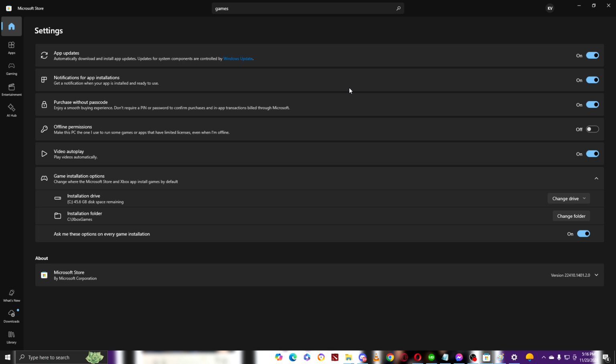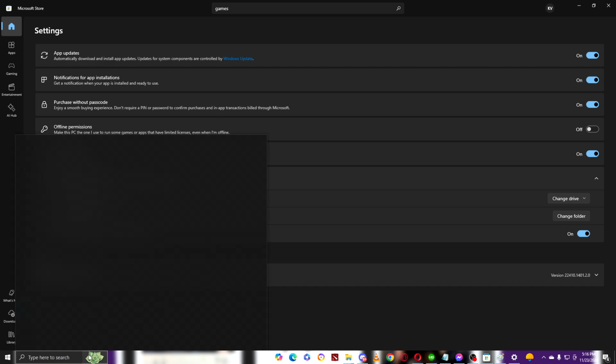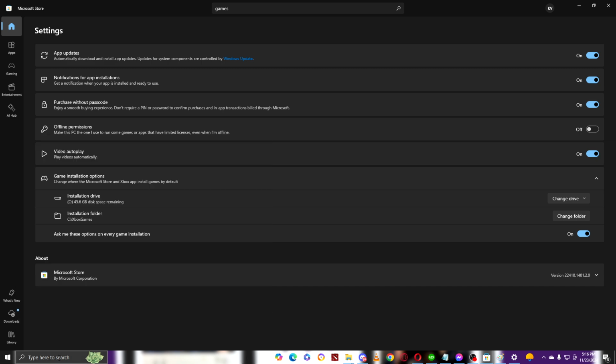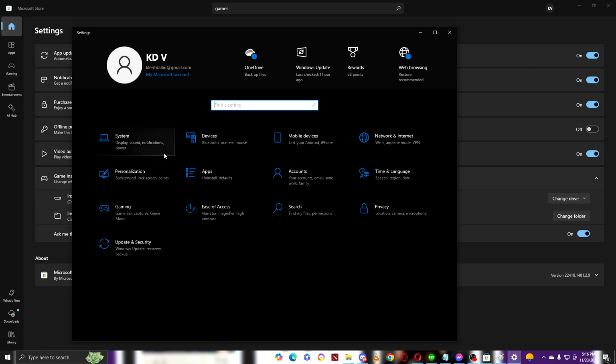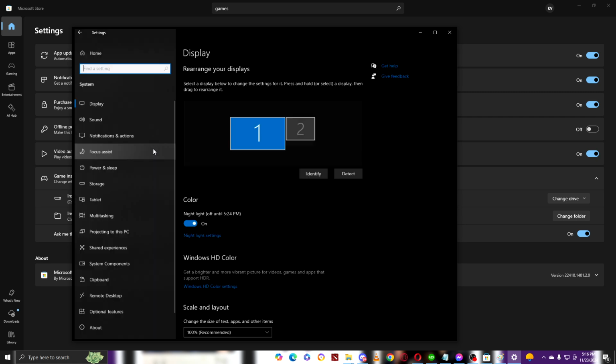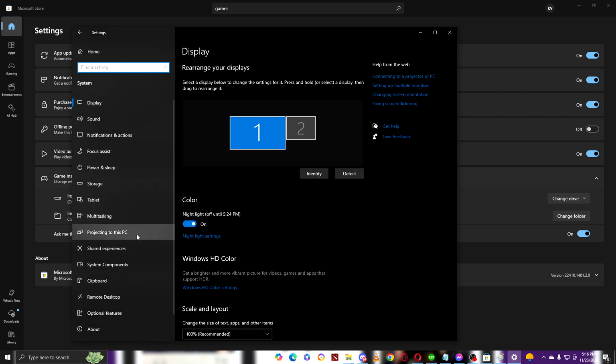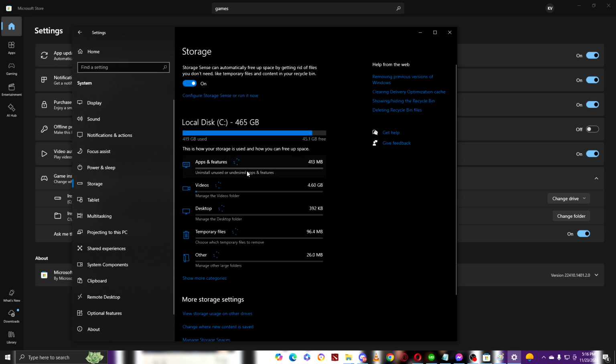And a quick tip for you guys, you can also change the default. This is a quick tip. You can also change the default download location for everything, not only Microsoft Store. First thing you need to do is open up your settings here. Once you're here, click on System. After clicking on System, find Storage. Storage right here. Once you're here,